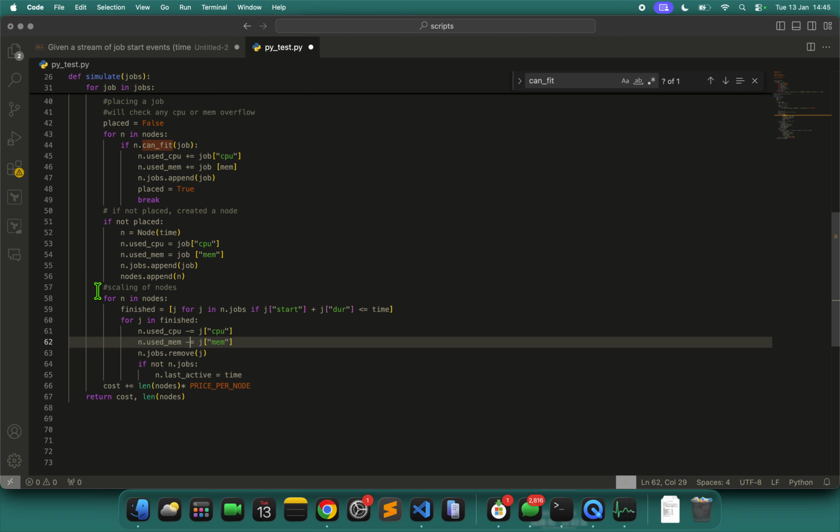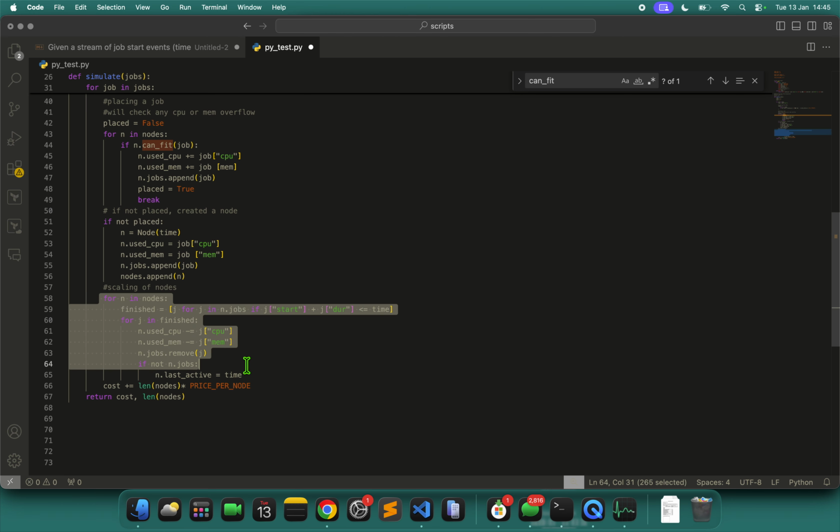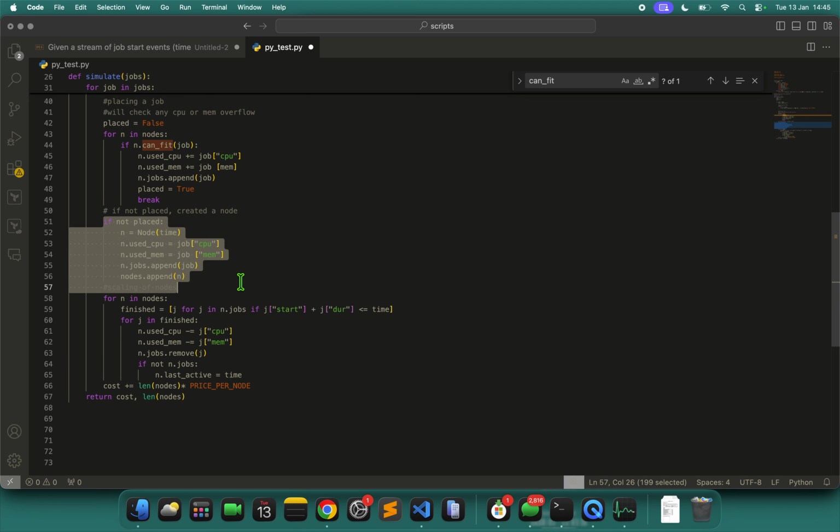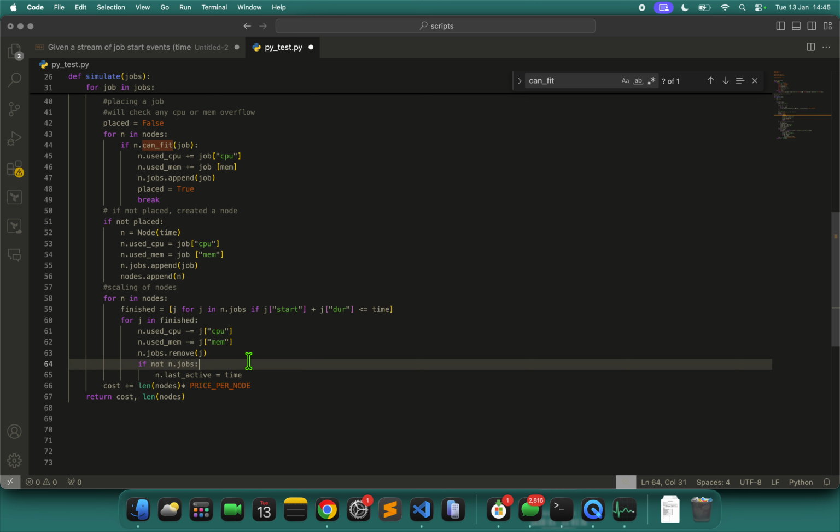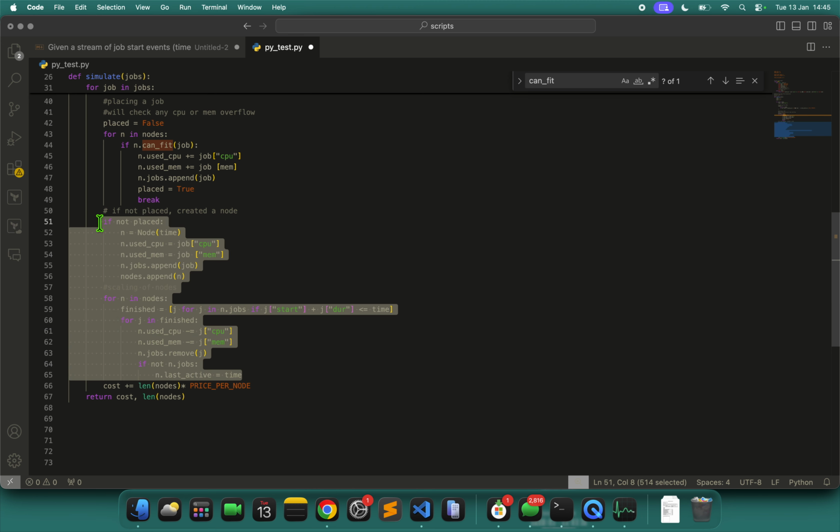And then we have the scaling. We definitely are scaling, but what's the logic? If the duration of any node is within the idle timeout, and we have jobs that need to run, it checks the memory and the CPU for the new node, and if it has capacity, the job is placed accordingly. This is for single use only, but I have separated it.